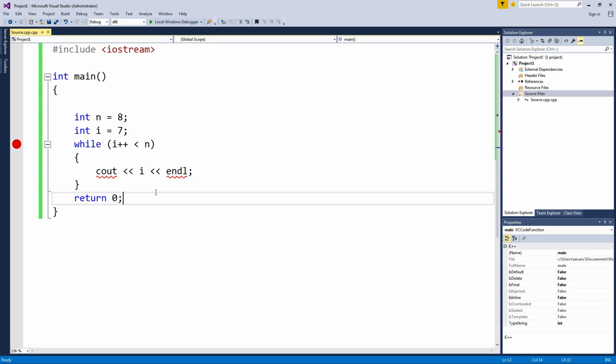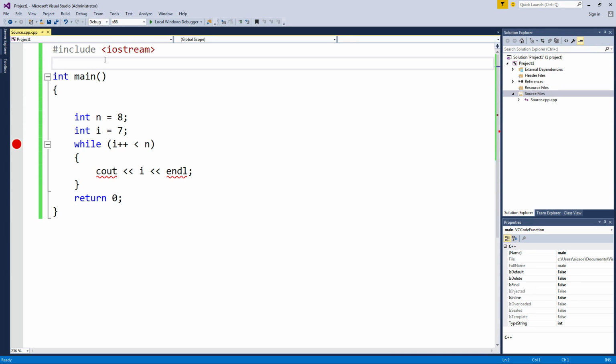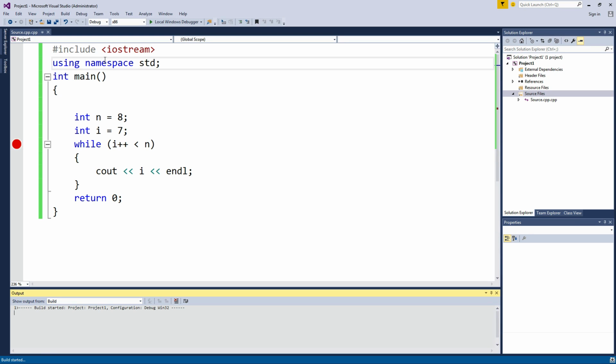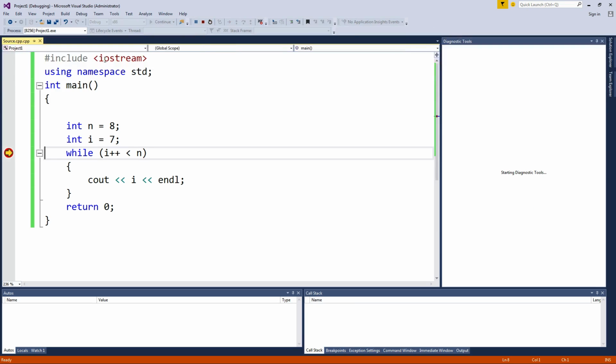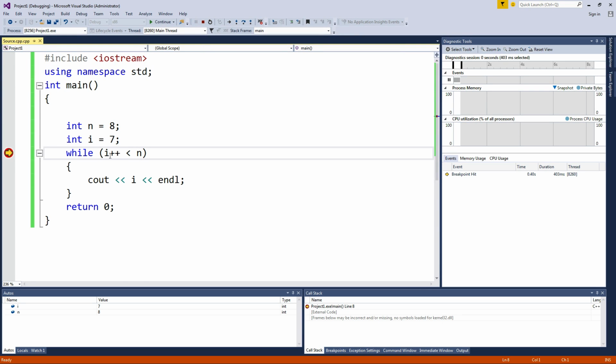Okay, so this is basically the problem here. I'm gonna put a breakpoint there just to show you. So I right now is 7, right?